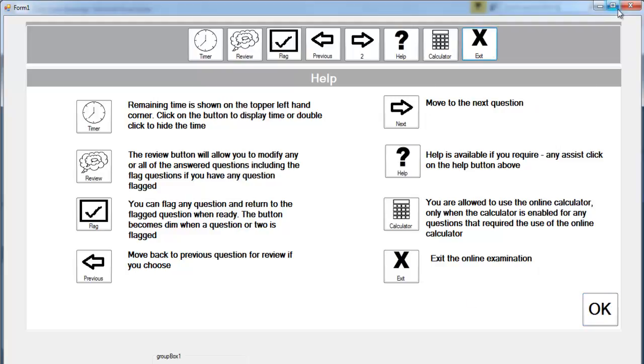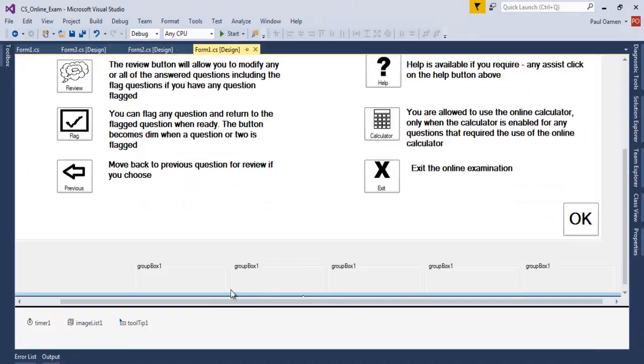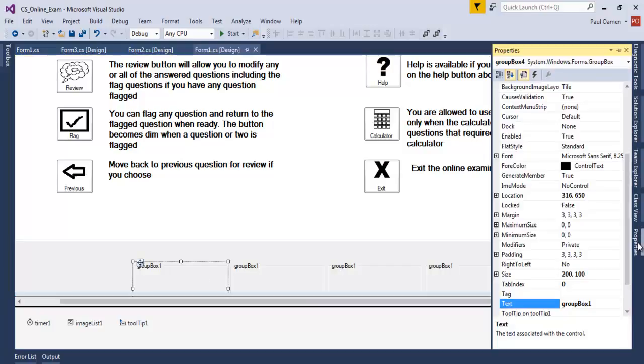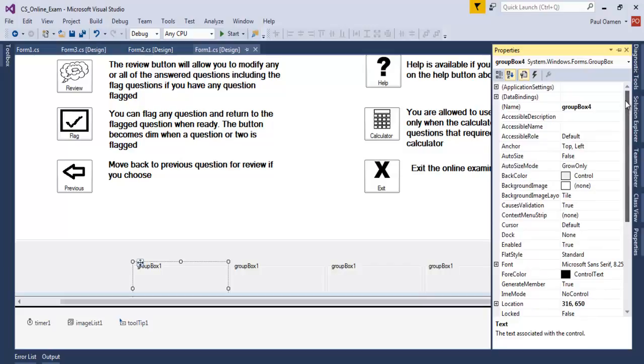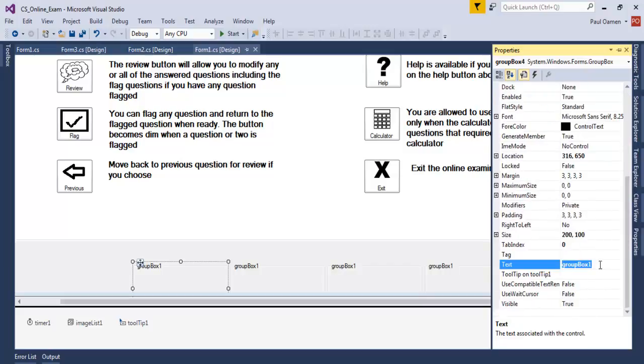Okay, I'm going to close this. Let's close that. That's group box number 4 right there. So let's go to the properties of group box number 4. That's it right there. The first thing I will do is get rid of this. There, that's gone. And the coordinate, or the location, let's change that to 47 by 93,